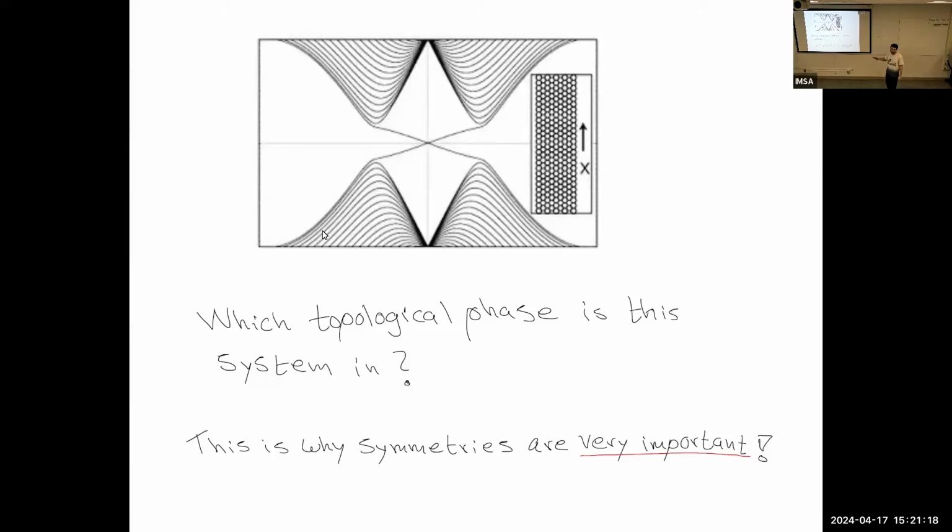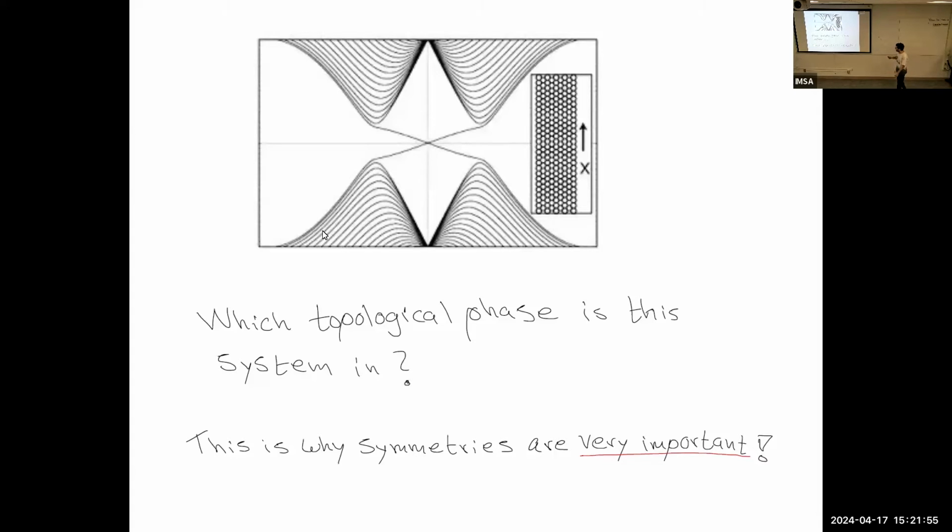Okay, so if you go and compute the invariant, I think you can do it with the Berry curvature, you'll get a non-trivial Z2 invariant, right? Something like pi mod 2 pi. But that answer would be wrong, right? Because I haven't told you that you're gonna respect the symmetry. What if I break the symmetry? Then this system becomes trivial, okay? So going ahead and computing some invariant doesn't really tell you what phase your system is in, right? You have to first figure out the possible phases, the possible restrictions.